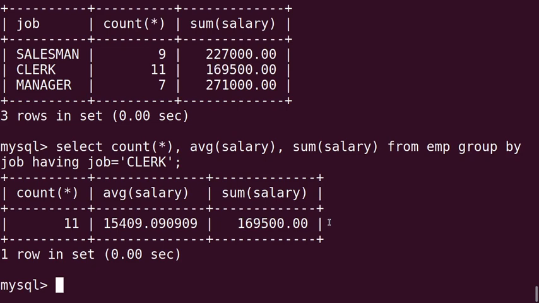So here having clause is used to filter the records, right?